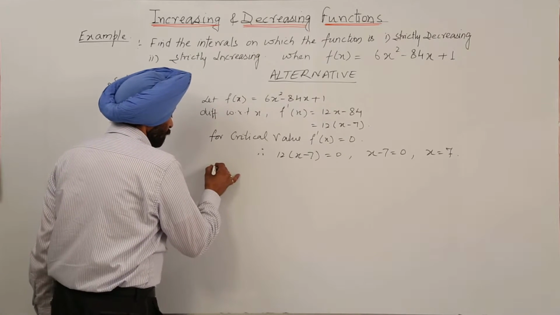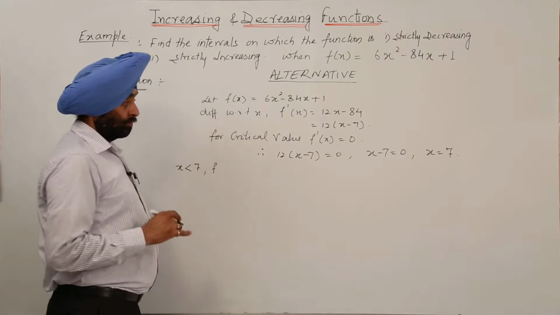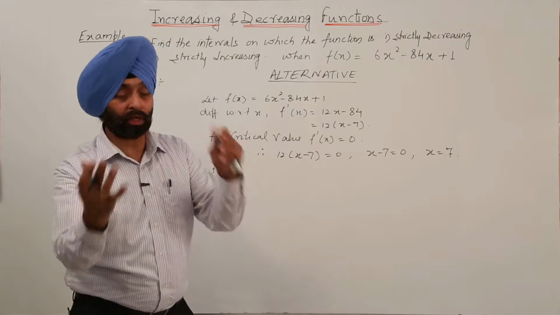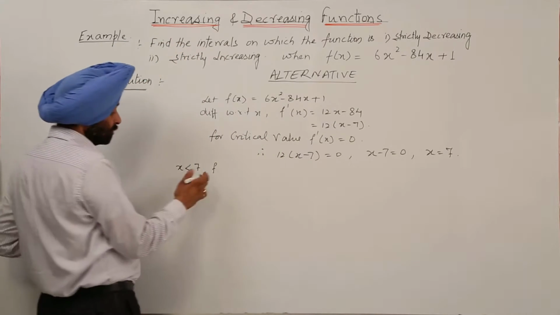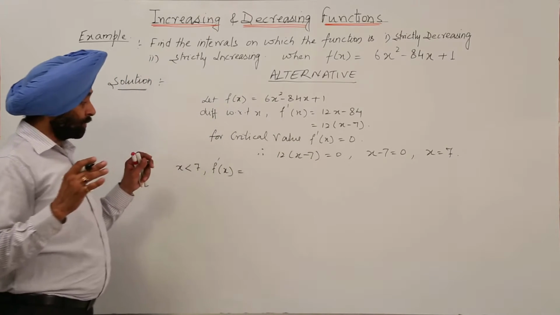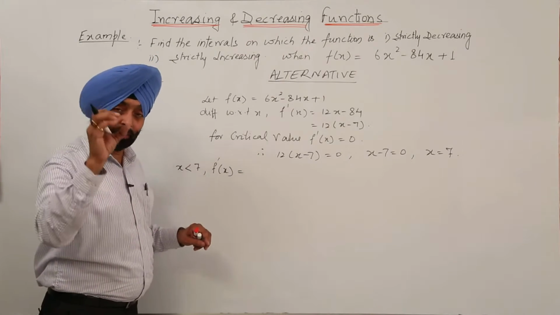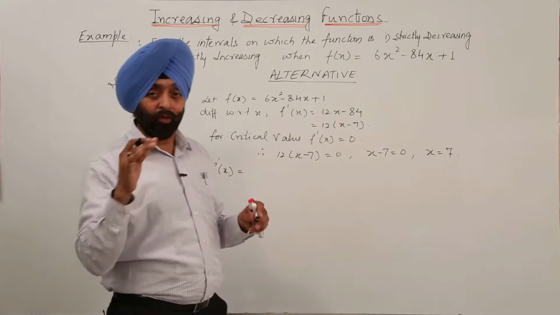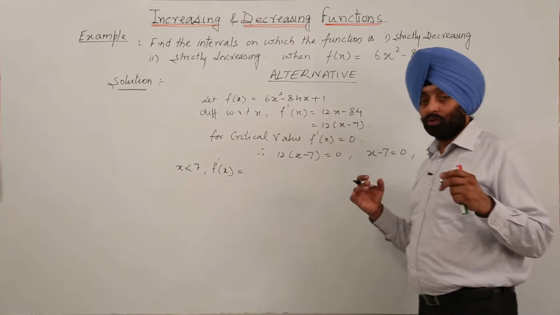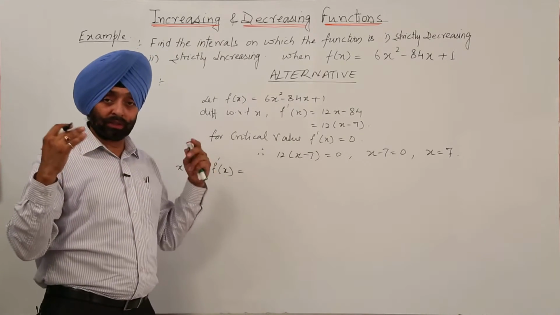Now, first of all, we are writing x is less than 7. Now when one critical point is there, first of all we have to move for less than and then for the greater than. Okay. Now x less than 7, f'(x) is equal to, now for the differentiation part, remember one thing, less than 7 means a little bit less than 7. You can take a round figure, but let it be 6.9, let it be 6.8, like this one. If you want to take 6, no matter, it hardly matters. Okay. So, and this you have to just think in your mind.